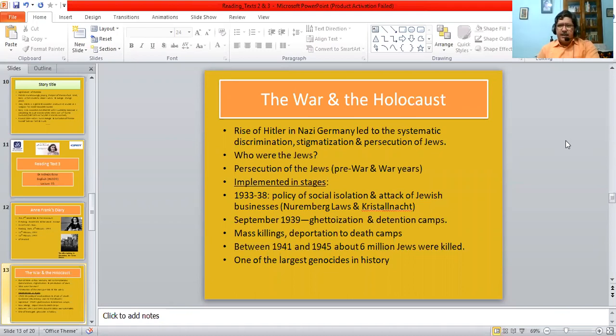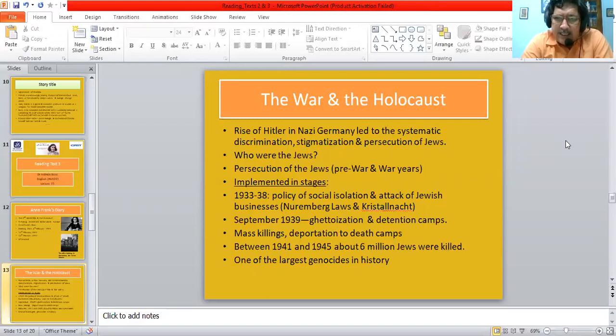Around September 1939, when the Second World War began, the further stage in isolating and persecuting the Jews had begun. The Jews were transferred from the quarters of the towns and cities in which they lived. Often they lived in the affluent suburbs because the Jewish people, those who belonged to the trading communities, were quite affluent and cultured people. So they were transferred to ghettos, often outside the city limits. And then they were gradually moved from there to detention camps, which were specially constructed for holding them.